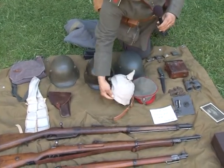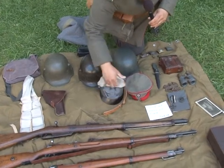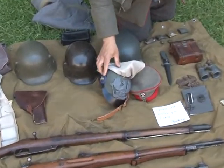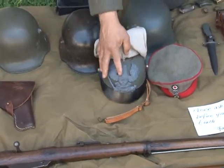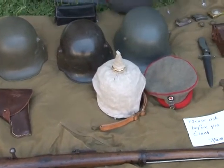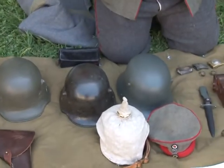And I can pull the cover off of here. You see that it's a painted felt body. It has the cockades of the state and the nation. It also has a death head on it. And this linen cover was to keep the helmet clean. It has a spike like on top of my helmet, and